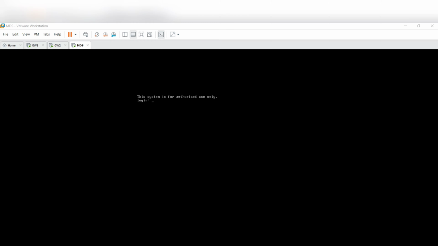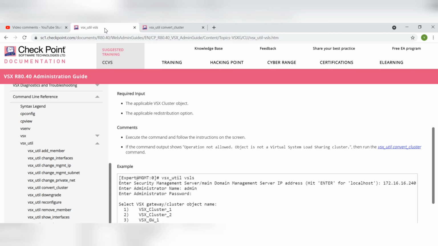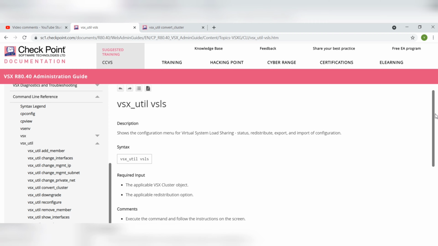So let's see how we can use the vsx_util command. The vsx_util command has many forms. One you can see on my screen. You can use it with different options. So this one is for